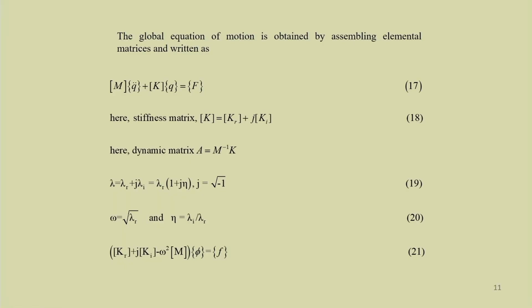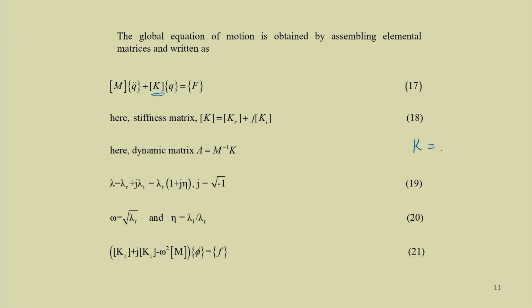Already we have seen these 7 elements, that is U1, V1, U3, V3, W and del W by del x and del W by del y. Depending on the number of elements, the matrix size will go on increasing. Here, in the stiffness matrix K, as we are considering viscoelastic material, this viscoelastic material has a property that the stiffness K will be equal to